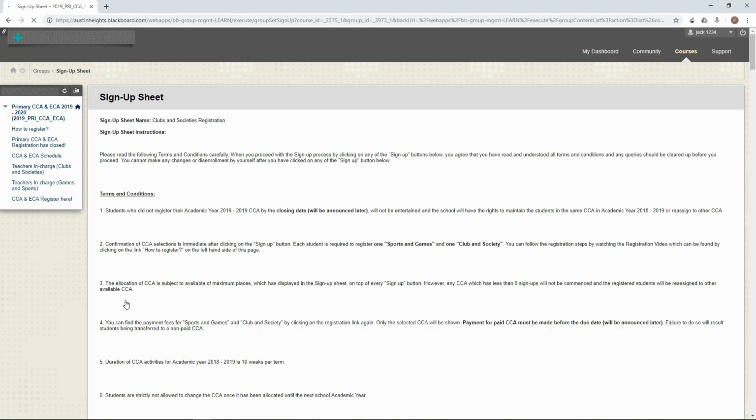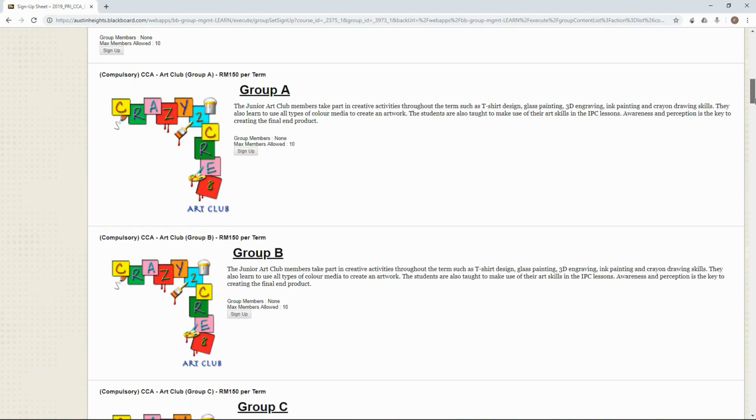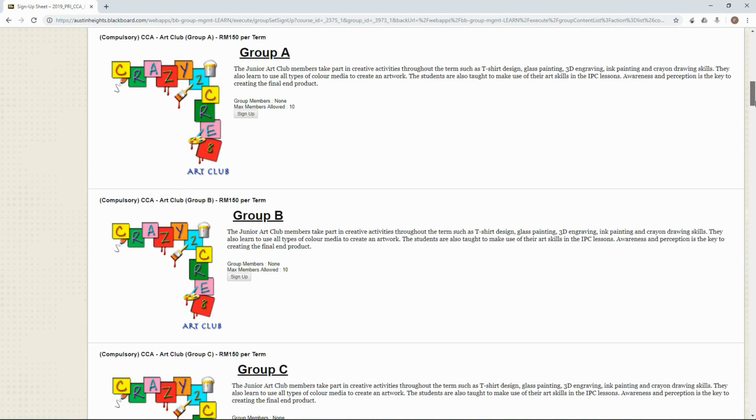You will see the same terms and conditions again. You should only proceed with registration if you agree with all the terms and conditions. Look for the club and society you prefer, and note down the fee you need to pay, before you click on the Sign Up button. If a particular club or society has reached the maximum members allowed, it will be automatically removed from the system